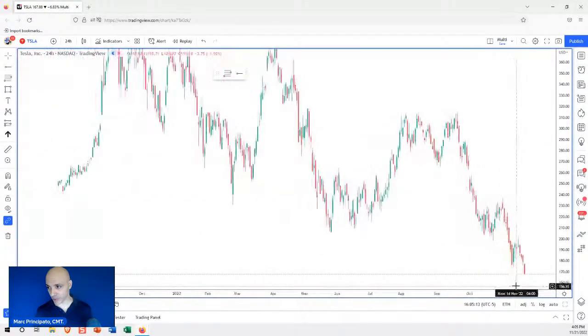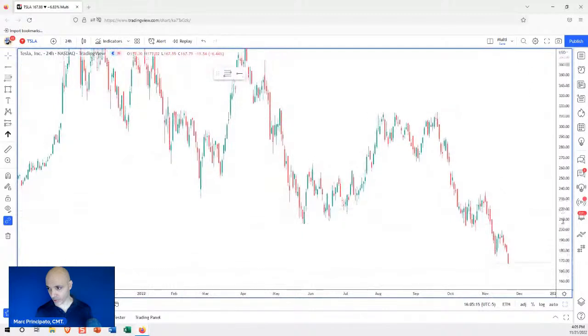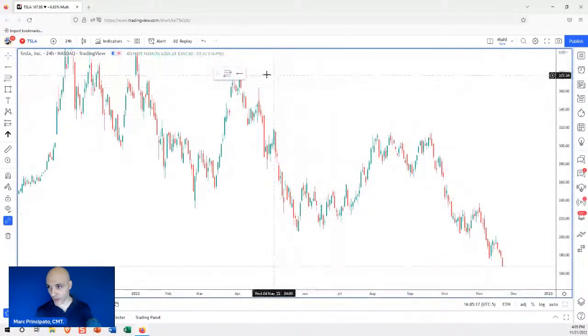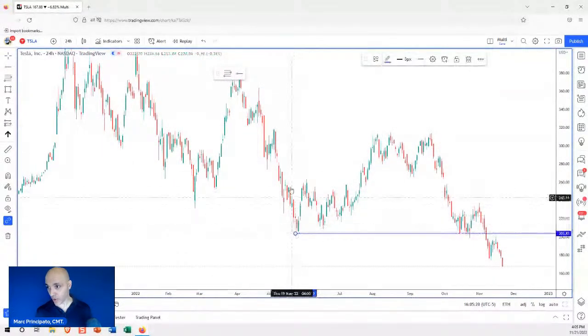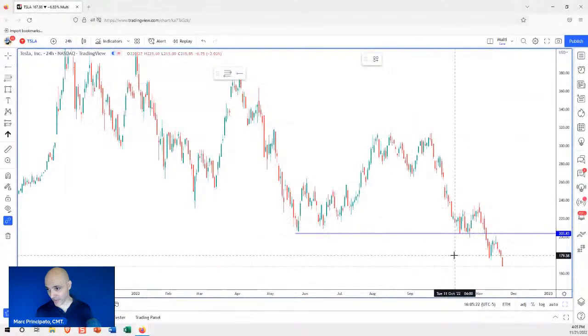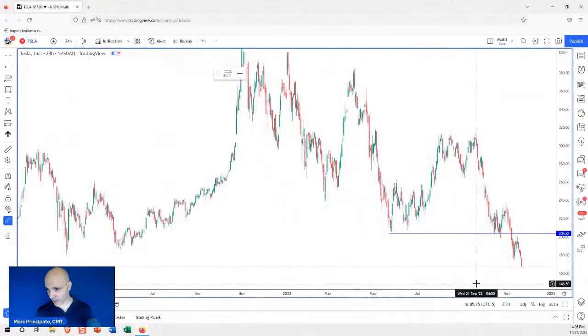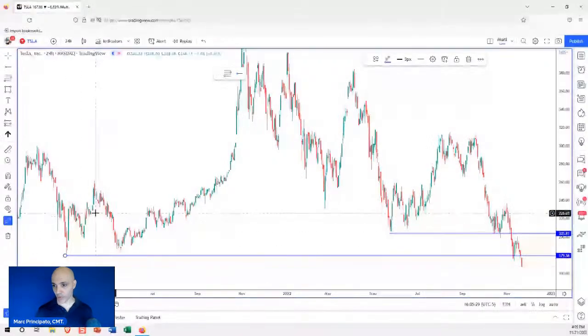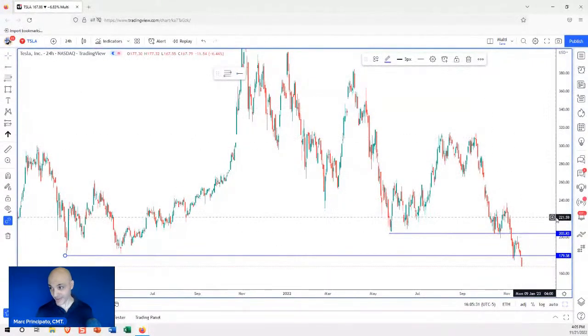And so here's the thing. This thing broke some important supports, right? This thing I believe is an S&P stock. So that's certainly going to have a weight on the S&P. Let's just go back here. Let's see where we are. Look at this. Look at all these supports we broke. Like, that's not good. Okay.